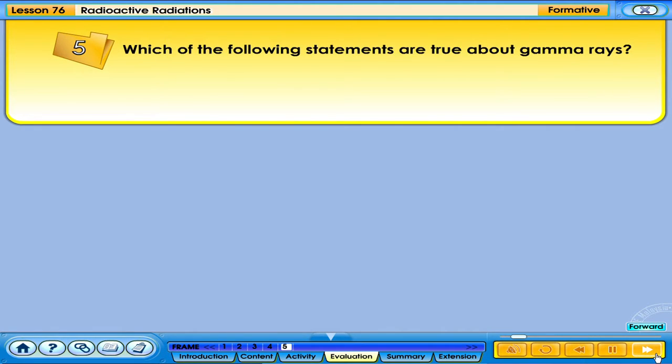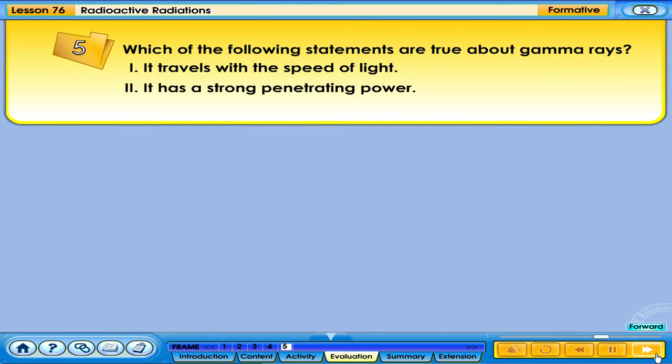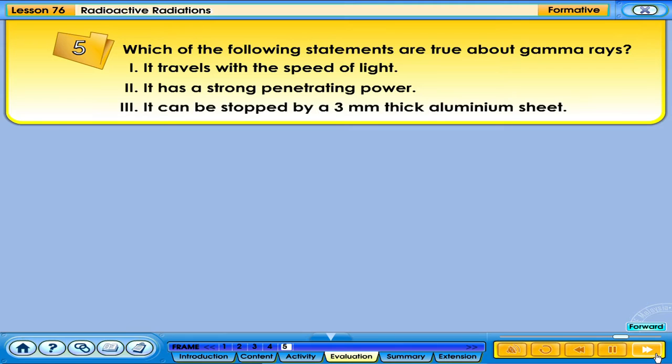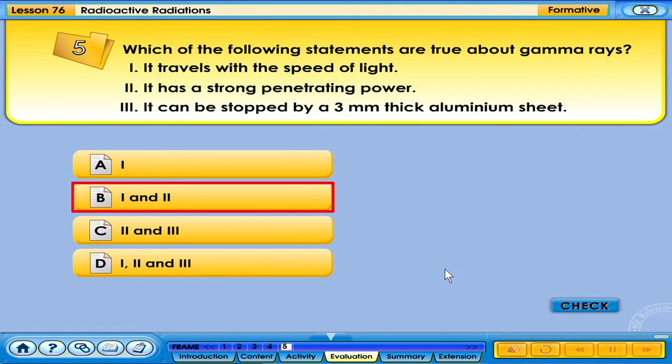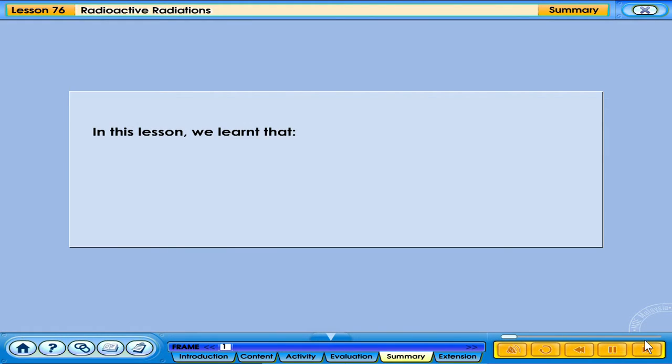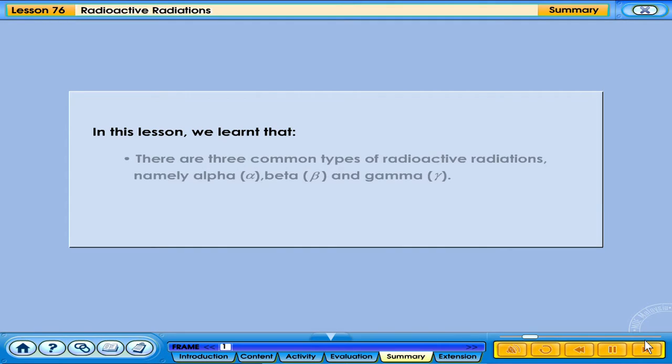Which of the following statements are true about gamma rays? 1. It travels with the speed of light. 2. It has a strong penetrating power. 3. It can be stopped by a 3 mm thick aluminium sheet. Your answer is correct. In this lesson, we learnt that there are 3 common types of radioactive radiations, namely alpha,